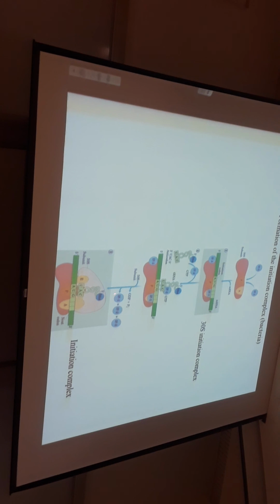And these initiation factors 1, 2, and 3 actually dissociate. And this forms then the initiation complex. Okay, so this is the initiation. Then based on the genetic code, the next tRNA is being bound. We have our specific, more or less specific